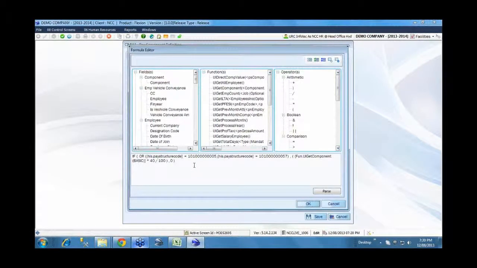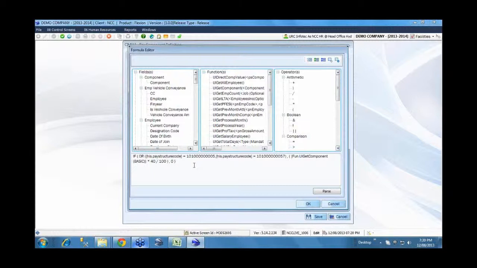Here we are saying if the pay structure code is a specific pay structure or another type of pay structure, then we need to take the basic, which is one of the salary components itself, and apply 40%. So 40% of basic is what is allowed as HRA for a certain grade of employees.